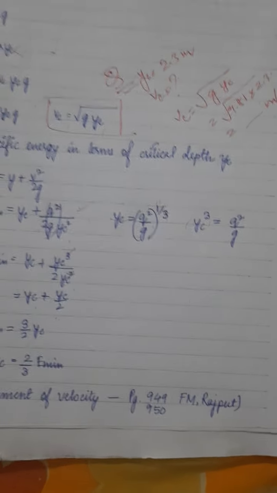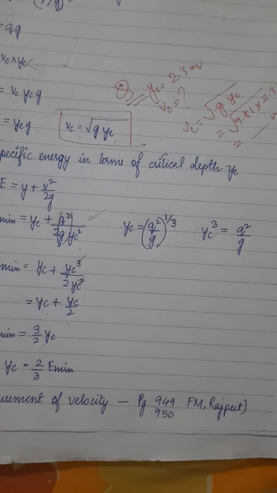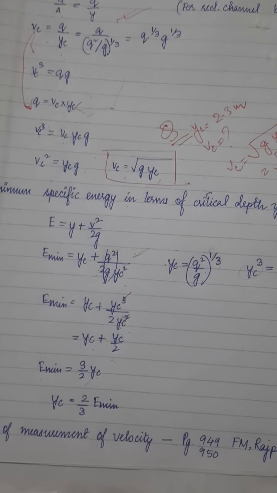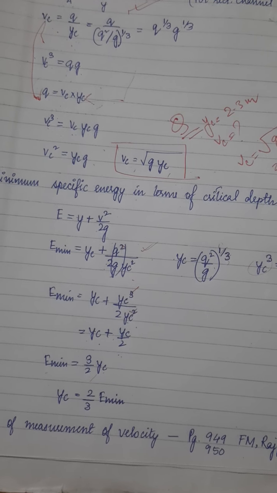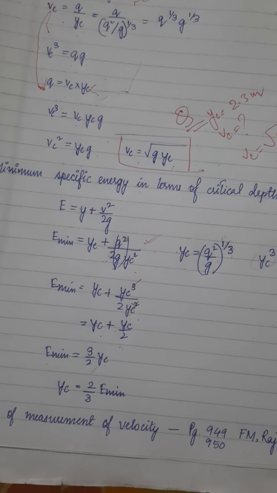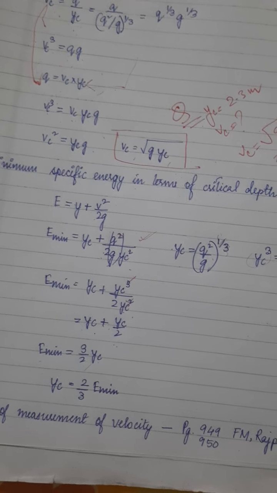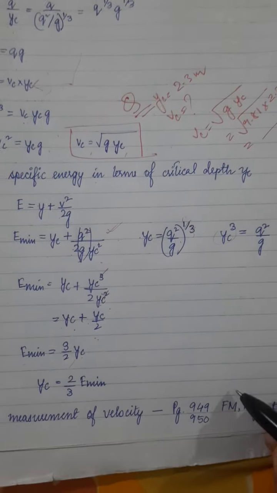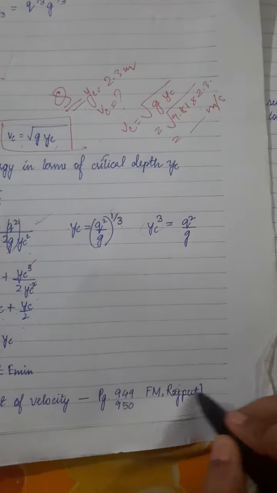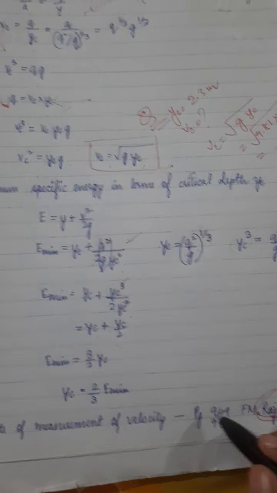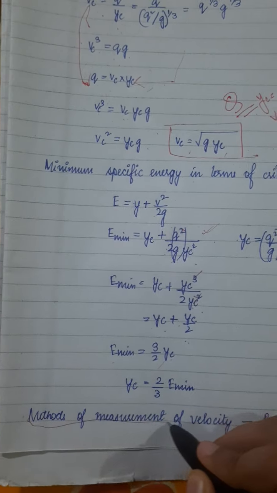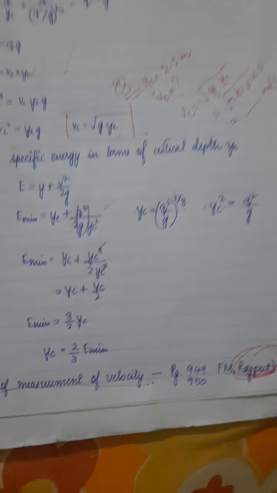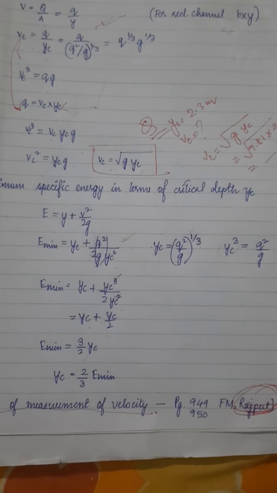But you have a portion on velocity, how to measure this velocity. That is the theoretical part. It is just about reading the types, how you have to find out the velocity. Please go to page number 949 and 950 of the Rajput book that I gave and study this topic, methods of measurement of velocity. This is just a direct question if they want to ask, so study that. Thank you.